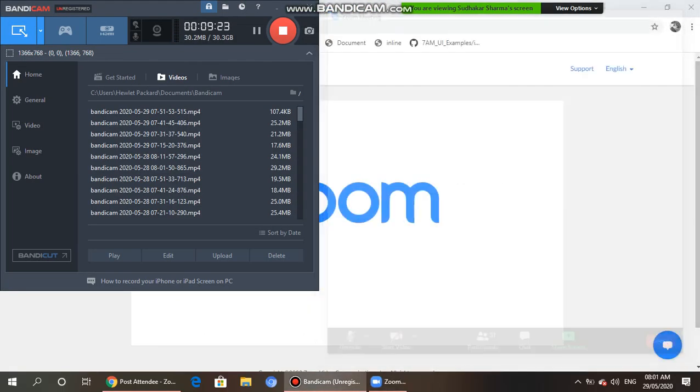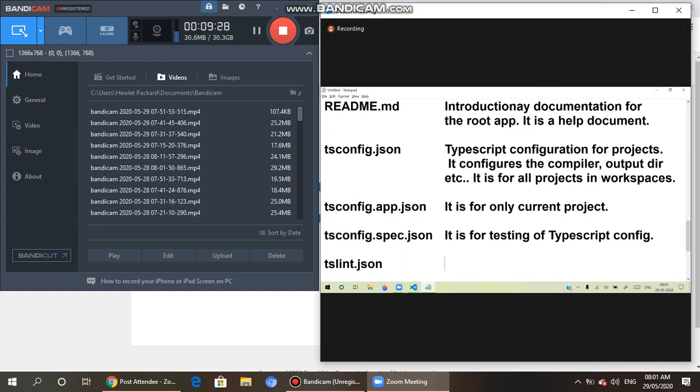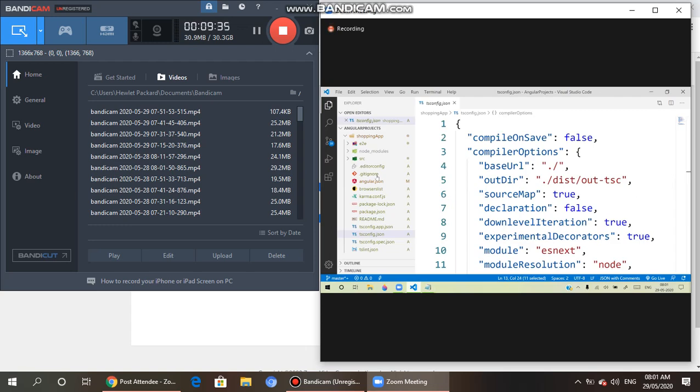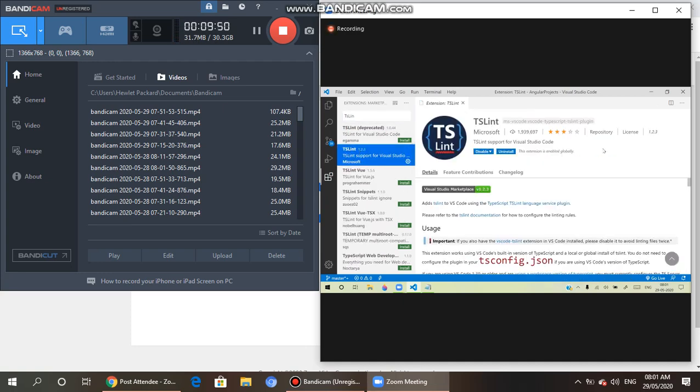tslint.json. You remember when we learned about Visual Studio Code, in the Visual Studio Code extensions, I asked you to install the tslint plugin. You remember, right? tslint. Can you tell me what is the purpose of that? Why I asked